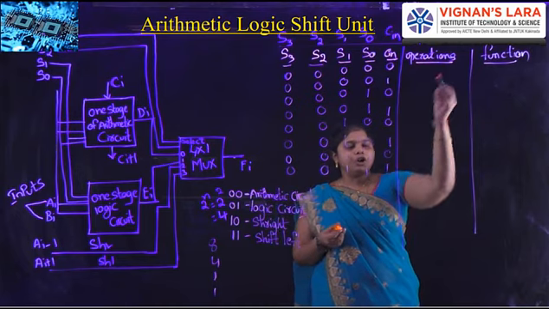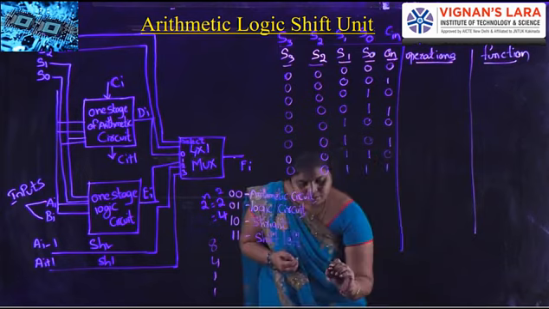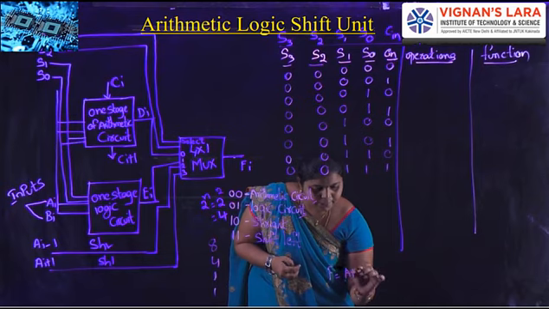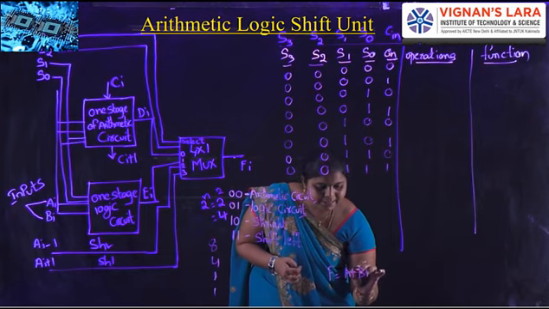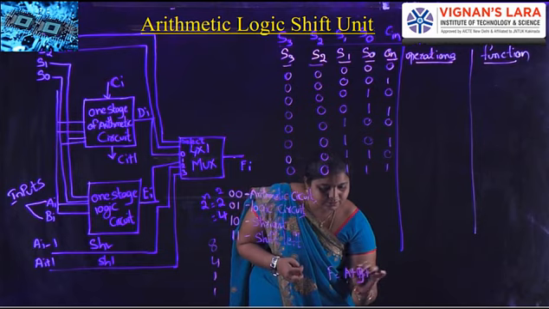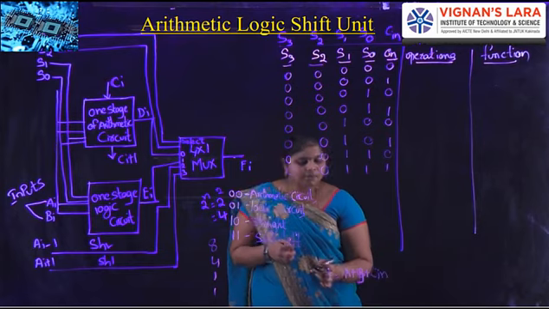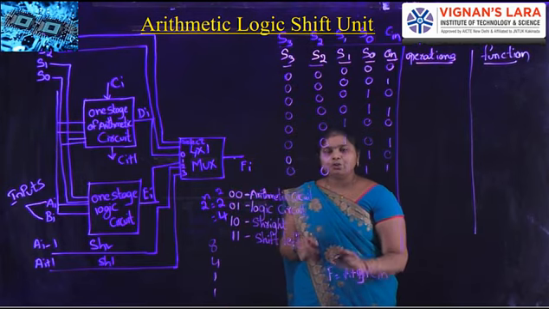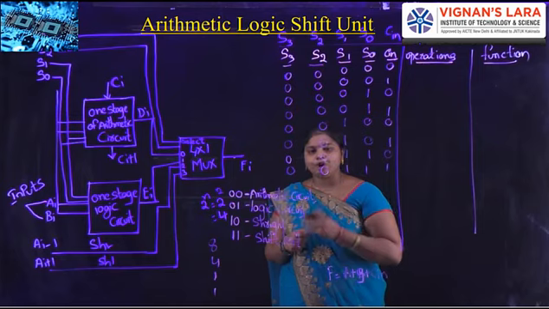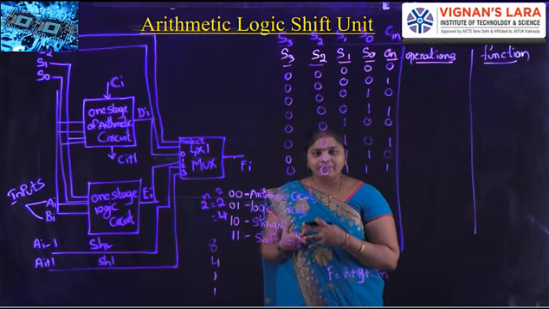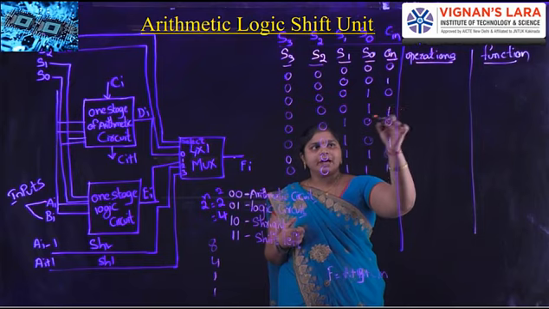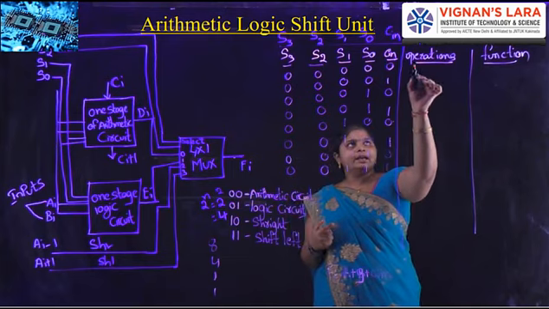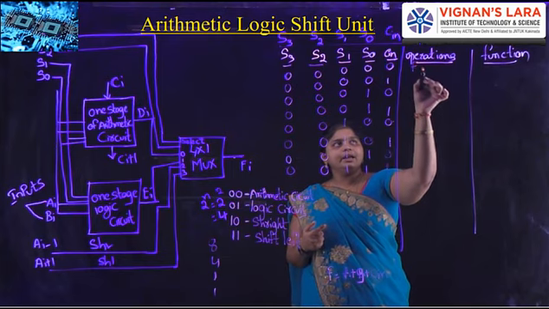The operation, as we already know the definition, is F equal to A plus B, meaning here A plus Y plus Cin. By constructing this formula into the arithmetic circuit, we performed these 8 operations: 0 with carry 0 and 1, 1 with carry 0 and 1, 2 with carry 0 and 1, and 3 with carry 0 and 1. Here F means the final result is stored in the F value.